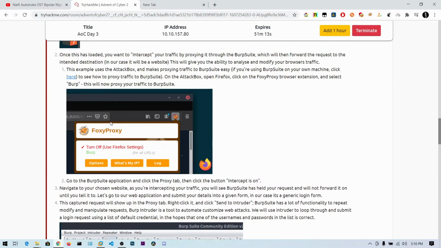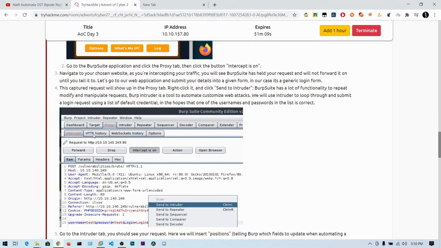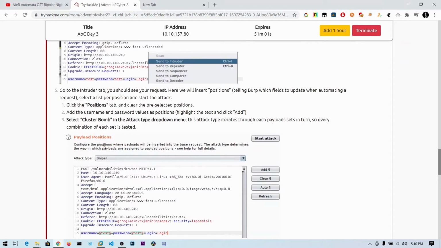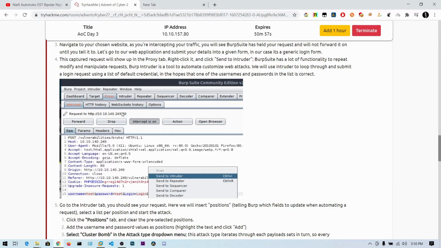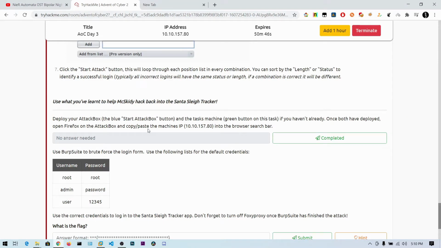So here we will be using a tool called Burp Suite. This is a web proxy tool. It will intercept the request, and we can change the request and send it to the server. In this we are going to use the Intruder functionality. What Intruder does is brute force all the combinations of username and password. If you do not understand, I will be showing you in a moment.